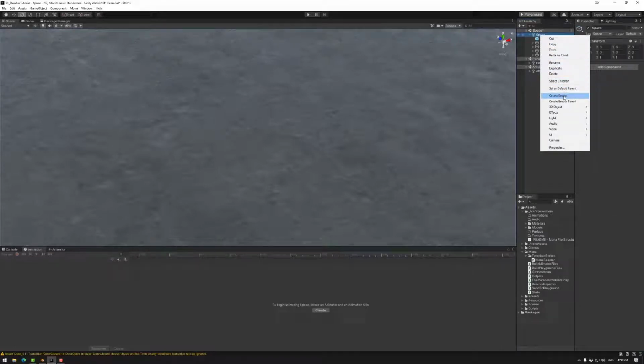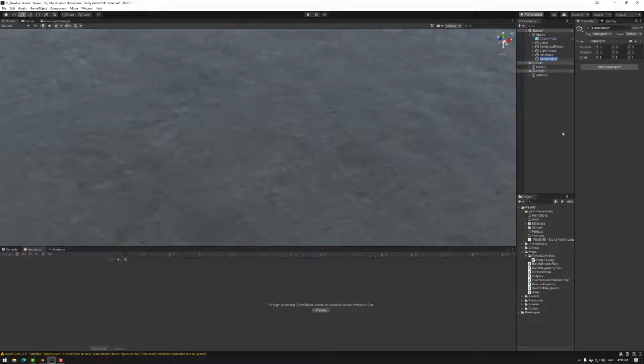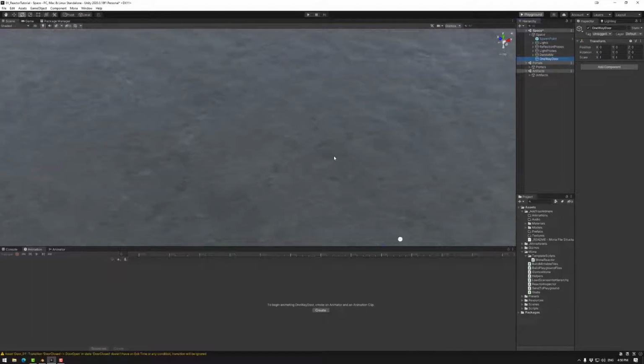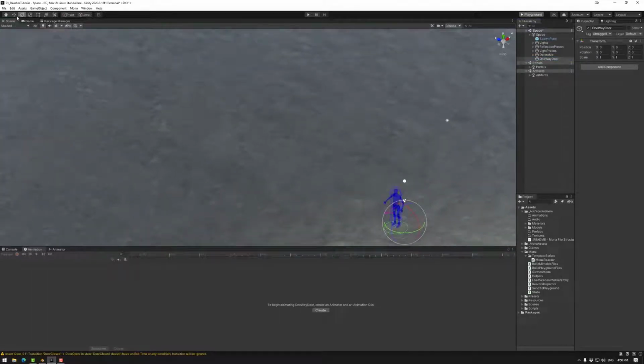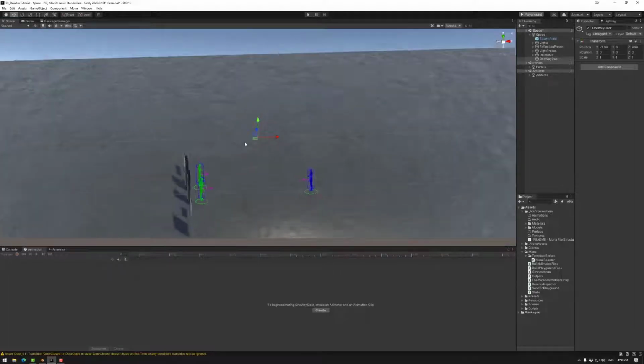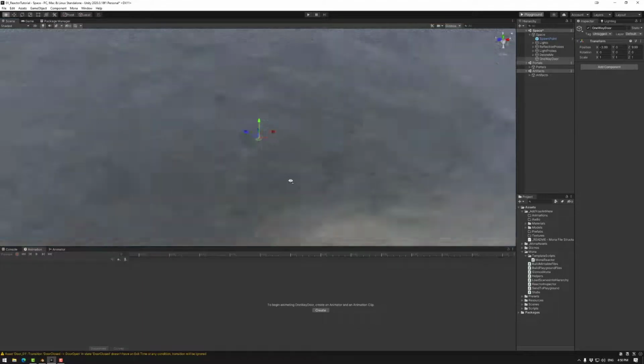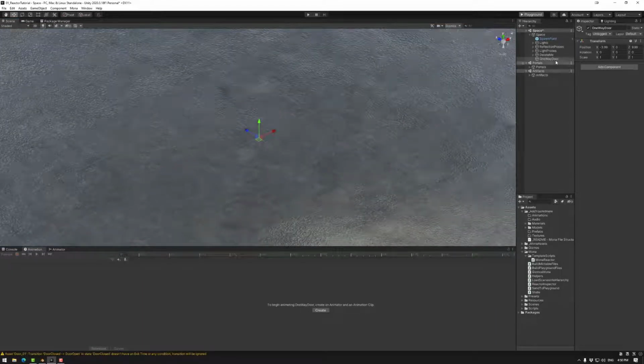Now to start, I'm going to create an empty, basically a folder for our one-way door. And then I'm going to move this because it will always be at 0, 0, 0. And I do not want it there. I want it over here. Press F to align. So when you rotate, it will be around that. And then we can drag our door